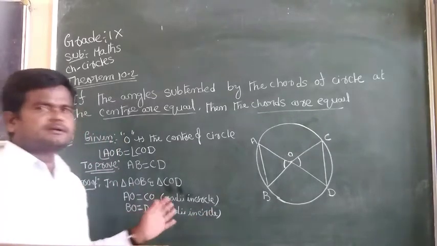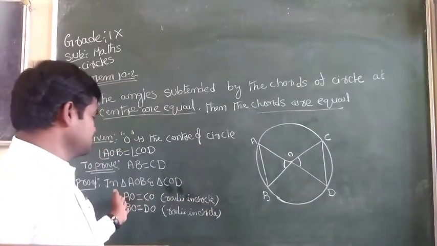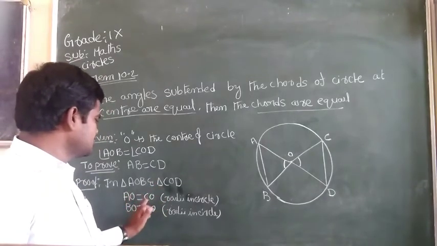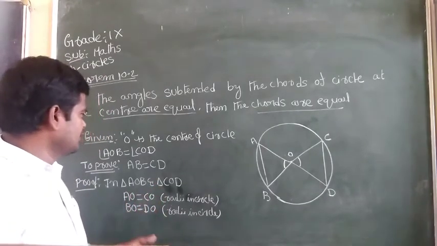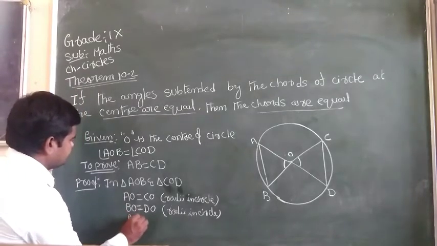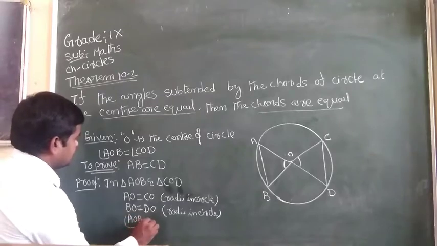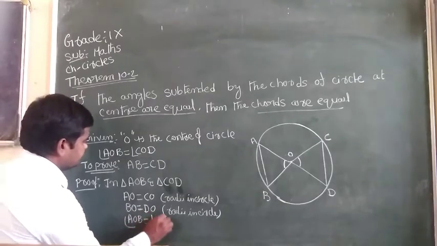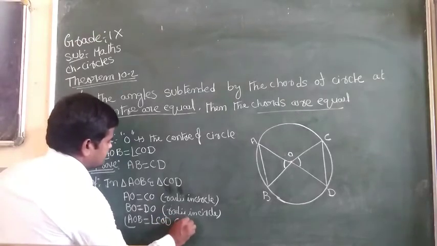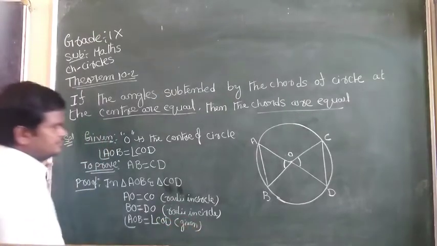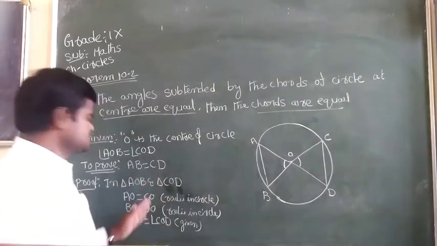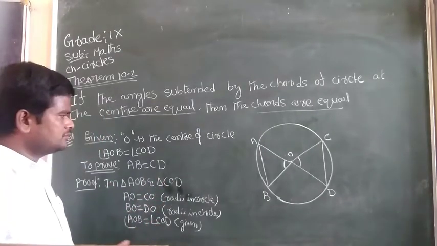These two are radii. So AO equals CO, BO equals DO. And one more is also given: angle AOB equals angle COD. This is given. So therefore